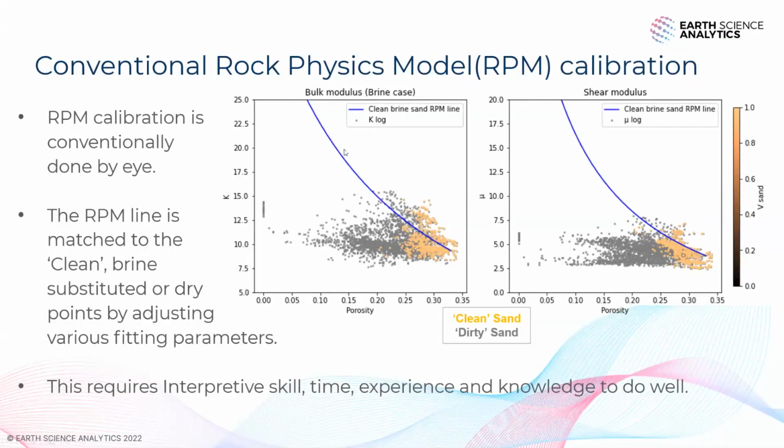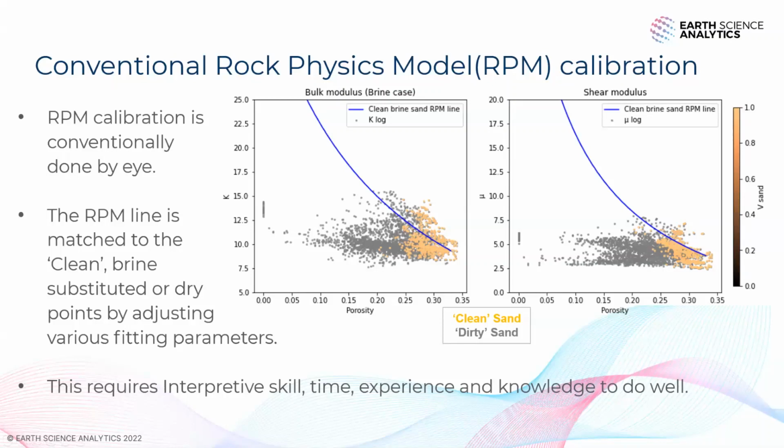And we then display our rock physics model as a line. So the sand points are substituted to the brine case, or sometimes people do this in the dry case instead. But either in the dry or brine case, you have your substituted sands, which are clean, and then you have a line that represents your rock physics model for the clean sand and either dry or brine saturated case, depending on what you substituted your data